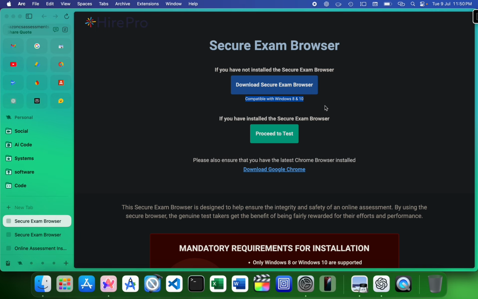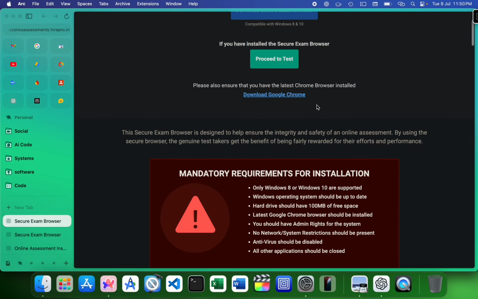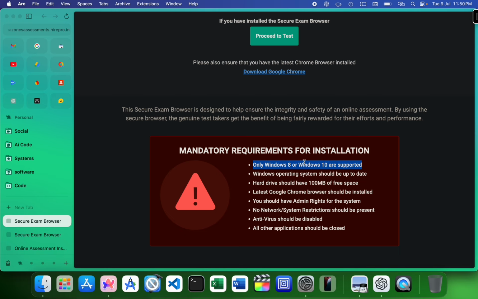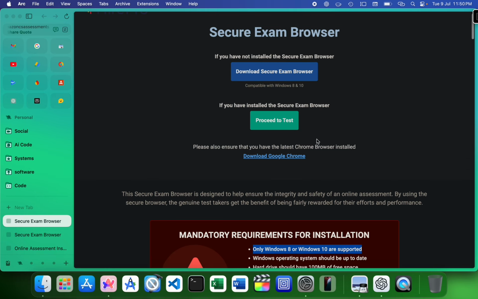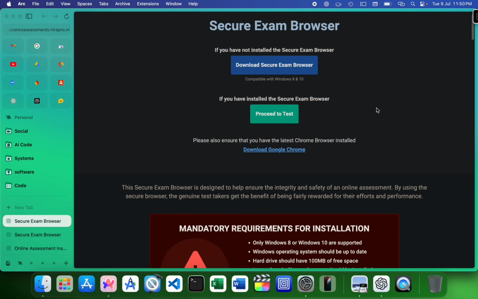It might work on that. What? Wait here, you can see that it will work on Windows 8 or 10 only, and you have a Mac machine. What to do now? Now you can also try it in a virtual machine, but wait a second, a virtual machine will also not work. I have tried that and it just won't work.